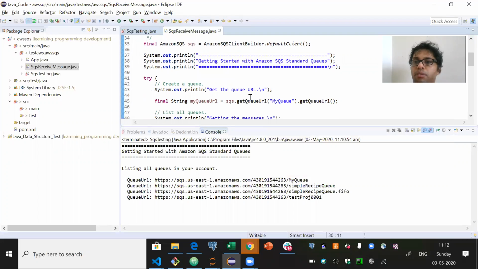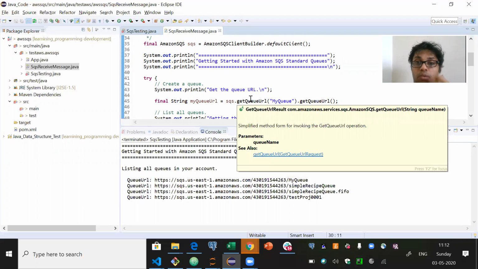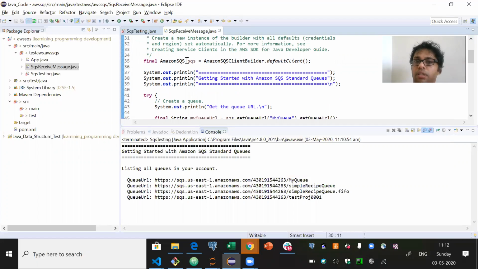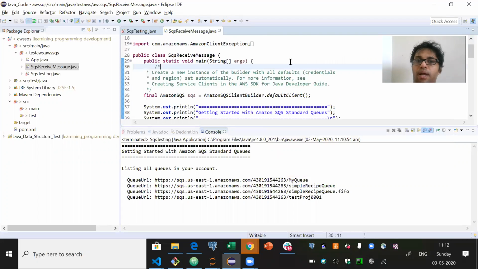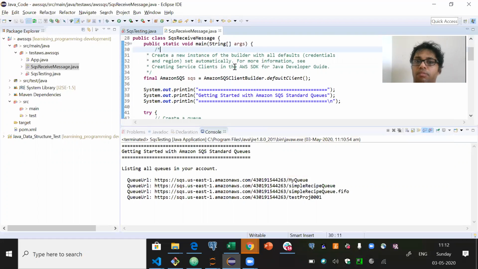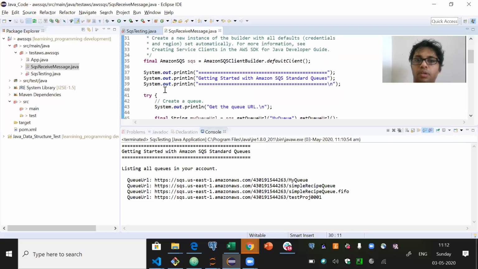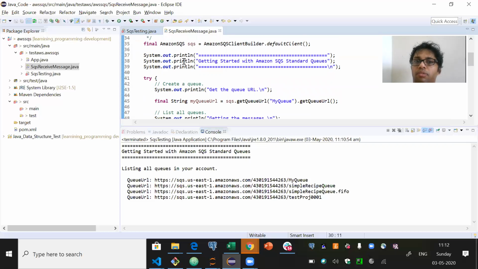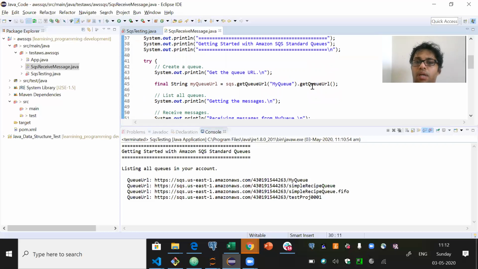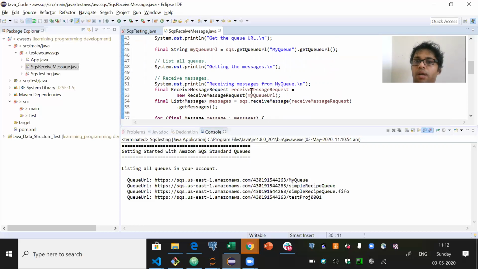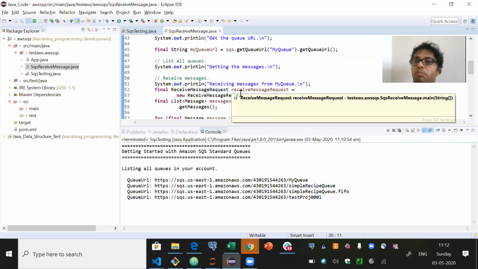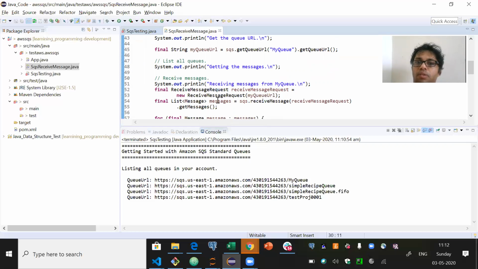Like now I am trying to get the list of all the queues. I want to get the queue URL. So first step is you create a final constant, which is of type SQS client builder, and set the default client. And then once it is done, you can say that for this SQS client, you get the queue URL, and I want to get all the queues, so I will submit a receive message request, which will